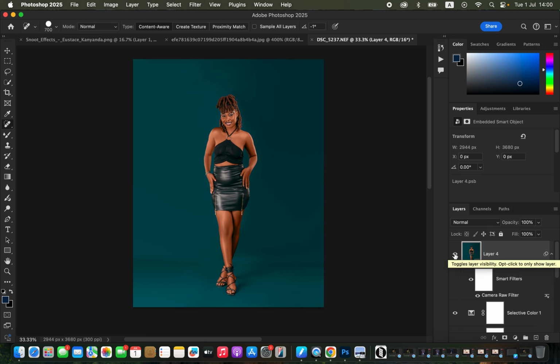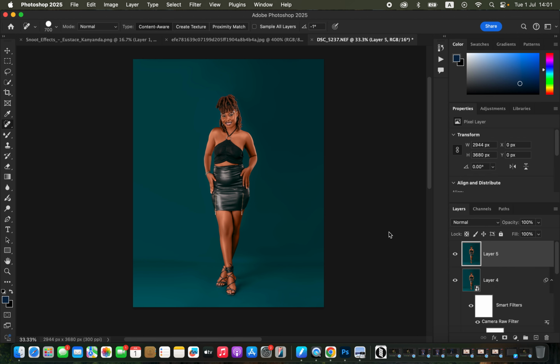So we are done doing the color grading rather, and also removing the distractions from the backdrop. So for the next step, we are going to duplicate this layer by pressing Command J. I'm just going to undo, Ctrl Z to undo, and create a stamp visible layer, Shift Option Command E on the keyboard. Then after that, just come,